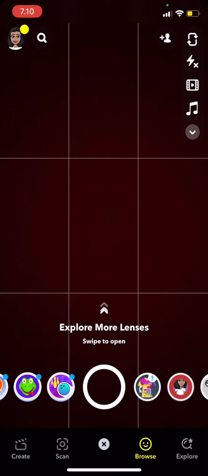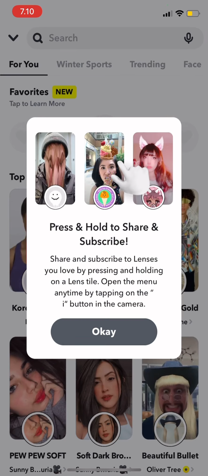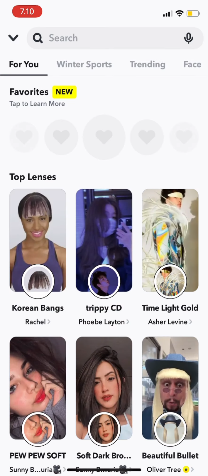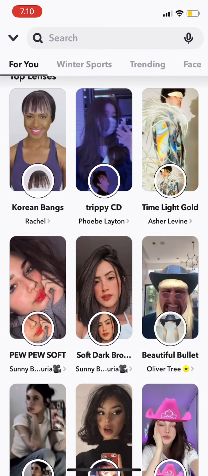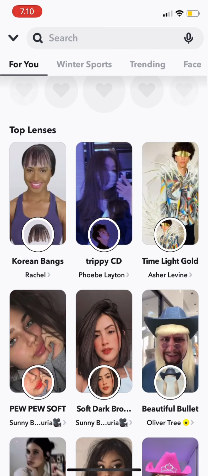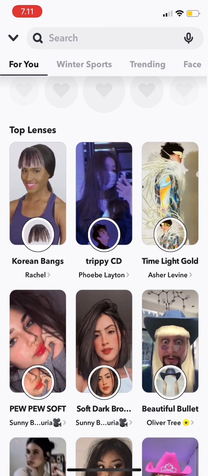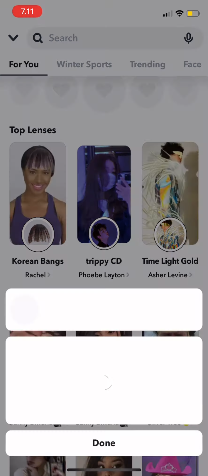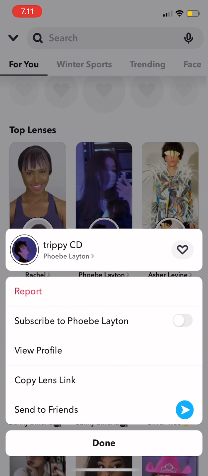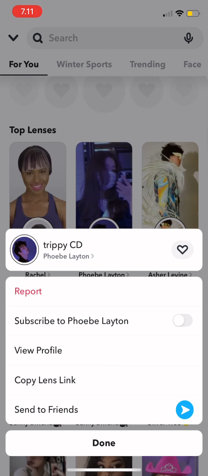So after you open Snapchat, you just have to swipe up to open and explore more lenses. And then, to share and subscribe to the lenses you love, you first pick which one you like, and then once you've picked the lens you like, you just have to press and hold on a lens